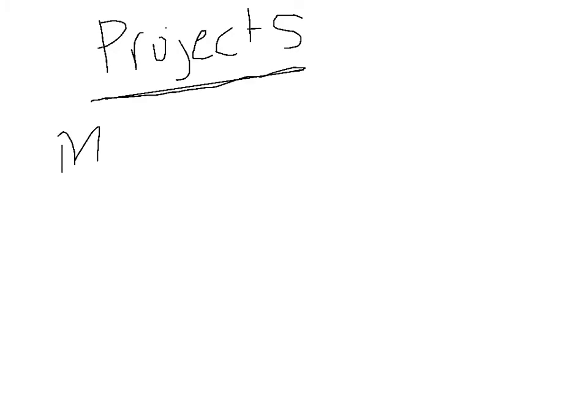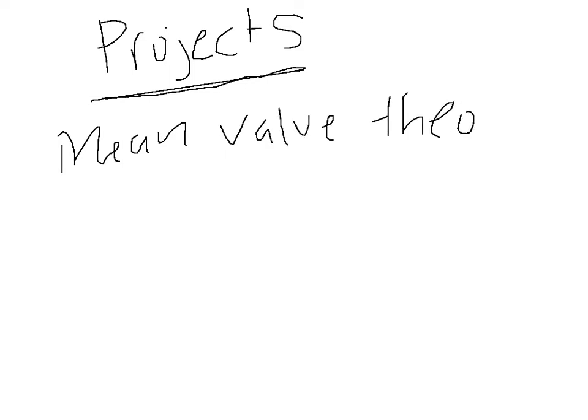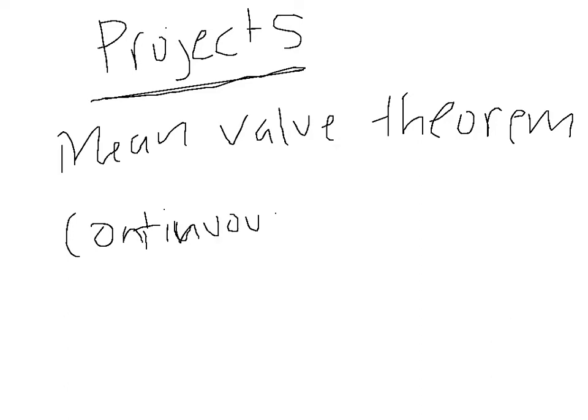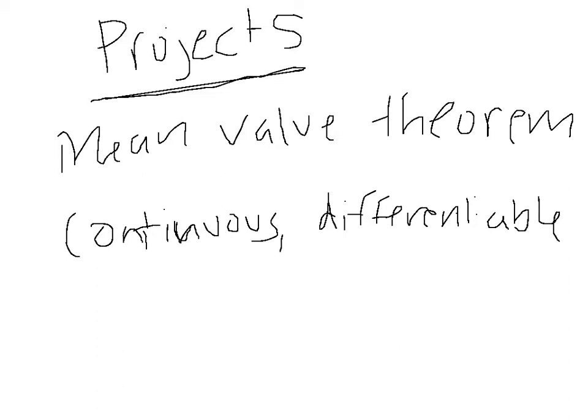So the mean value theorem says that if you have a continuous and differentiable function over the axis A to B, then there's a point C between these 2 points,